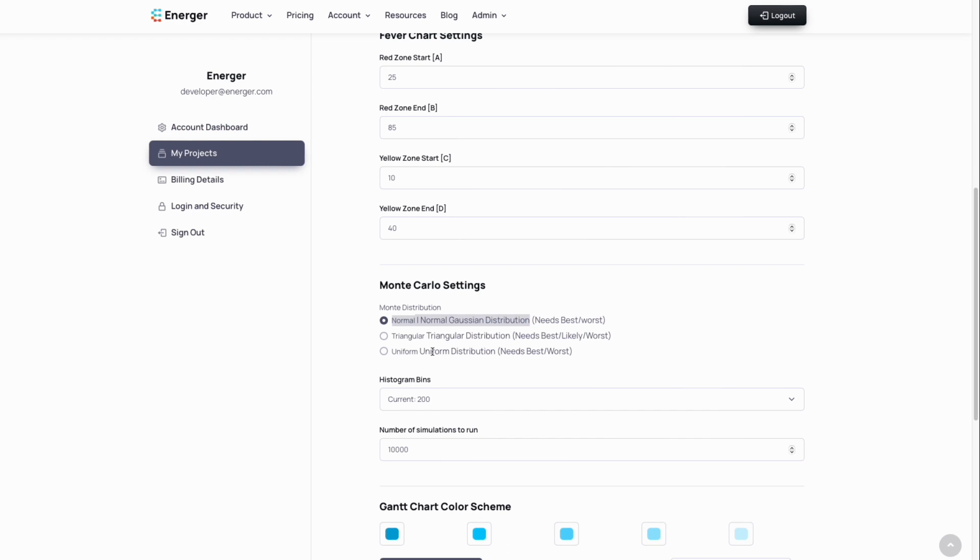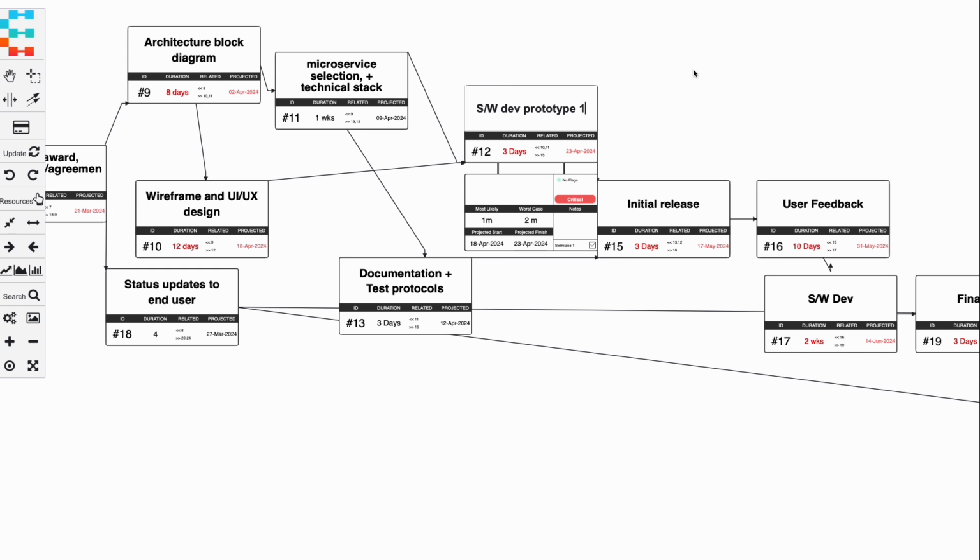durations. A triangular distribution is a statistical term that represents a probability distribution where the values are concentrated around a central point, forming a triangle-shaped curve. Here, Energer takes your most likely date and centers duration around that, using the best case and worst case durations